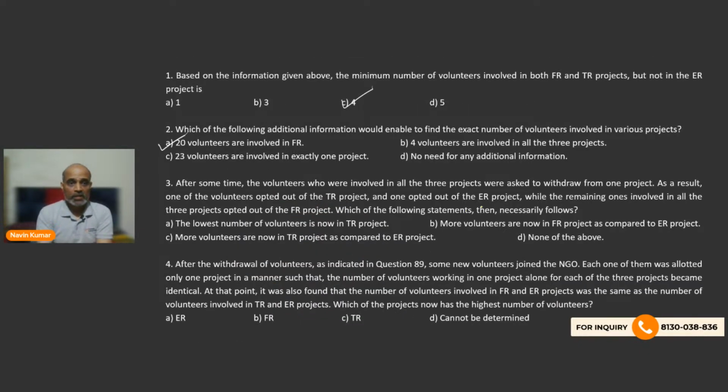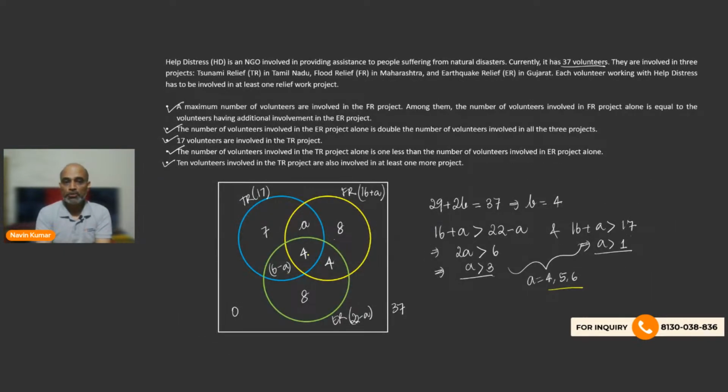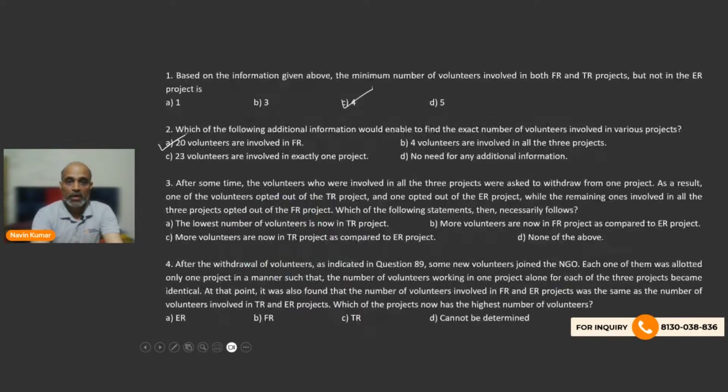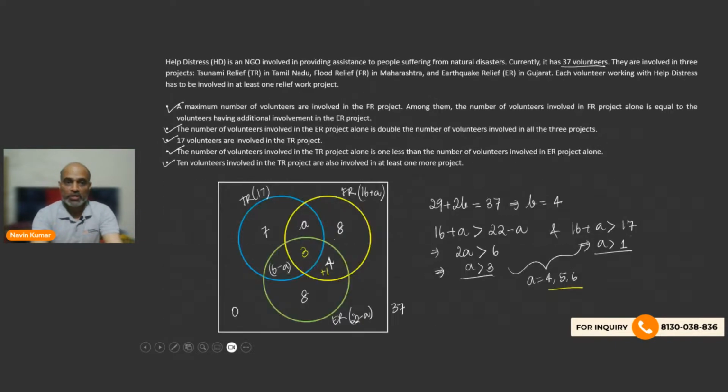So as a result, one of the volunteers opted out of TR project. So that volunteer will come here, and instead of 4, now we are going to have 3 here, right? Okay. And one opted out of ER project. So out of these 3 people, if one opted out of ER project, that means that person is going to go here, and then we will have